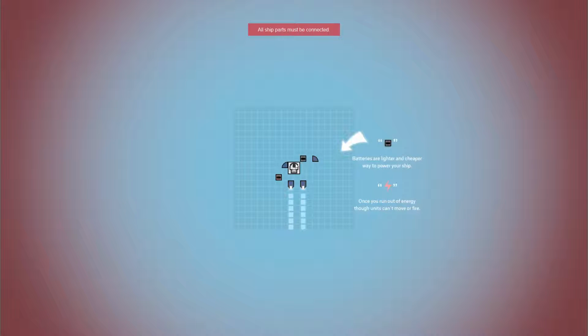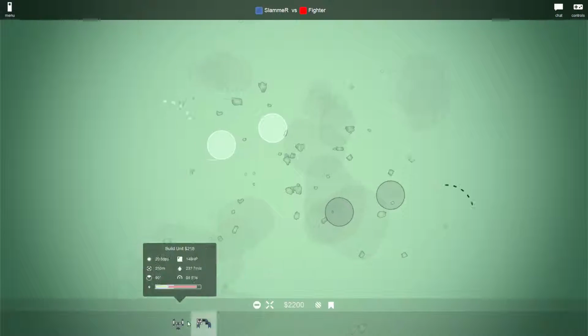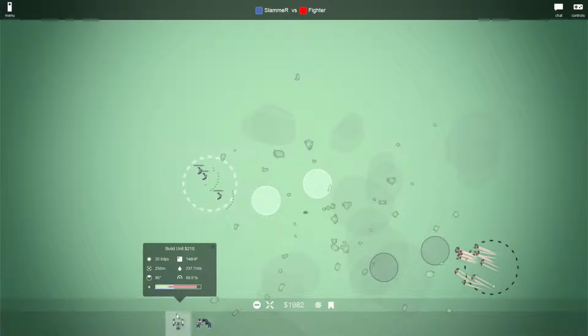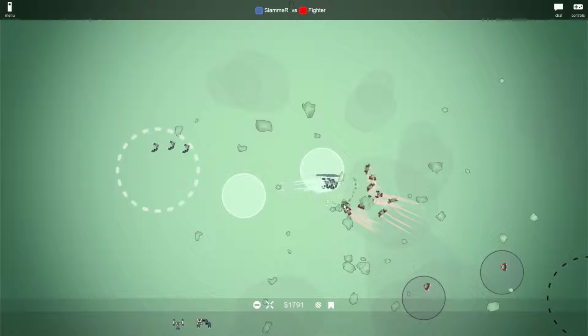All right, we get to fight against fighters next. Fighters are just generally really small, light ships, as you can see here. And batteries are similar to reactors, except they don't recharge energy, so it makes it way cheaper. You can see this is only a 90, and this is 218, more than twice the cost of a single fighter, even though it has the same weaponry and the same amount of